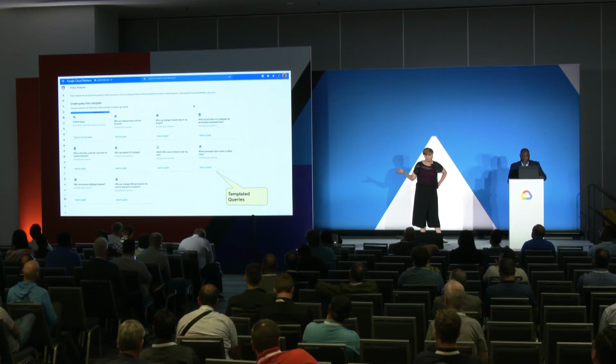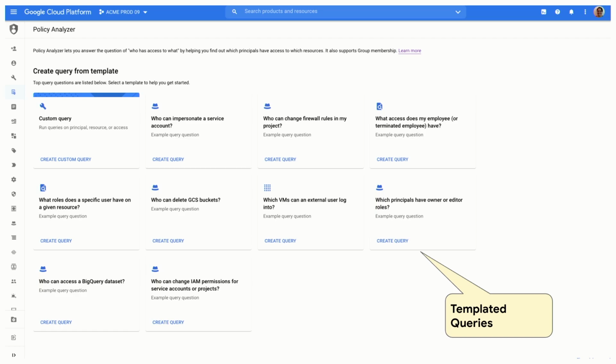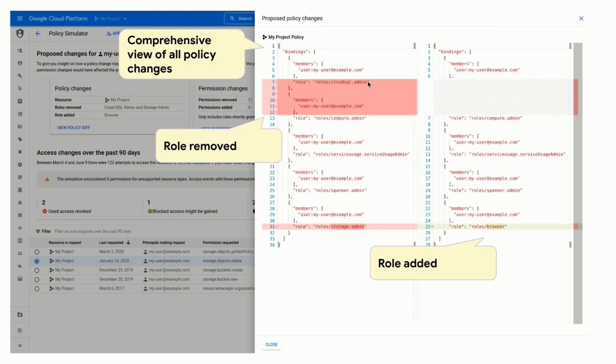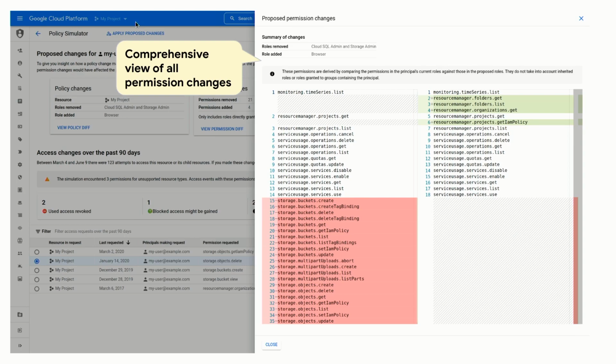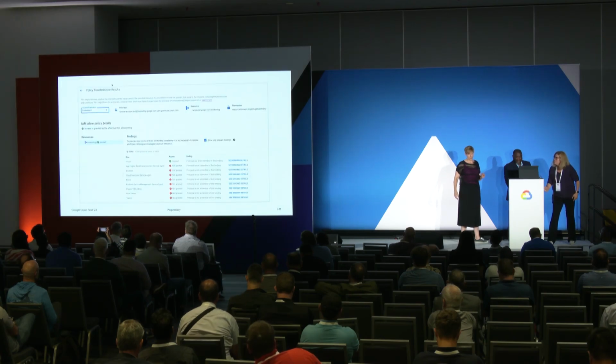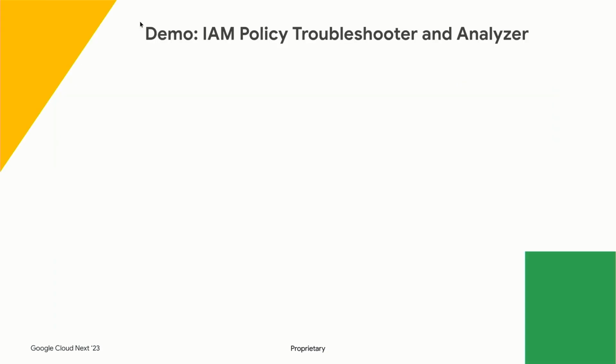And here's IAM Policy Analyzer, which is just a set of templated queries. We're not going to spend too much time on some of these because we have another wonderful Elliott demo. Let's get to that demo. Here's Policy Simulator, some slides from that. Again, it's doing a dry run, and you'll see it's actually telling you what it's going to change. And finally, Policy Troubleshooter, but you're going to see a demo on this.